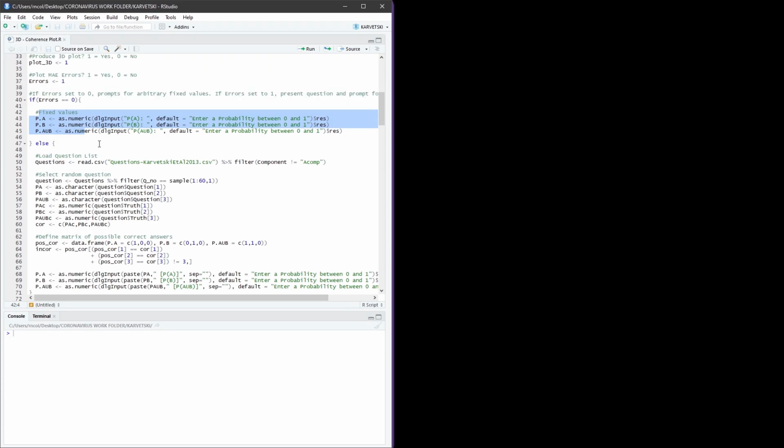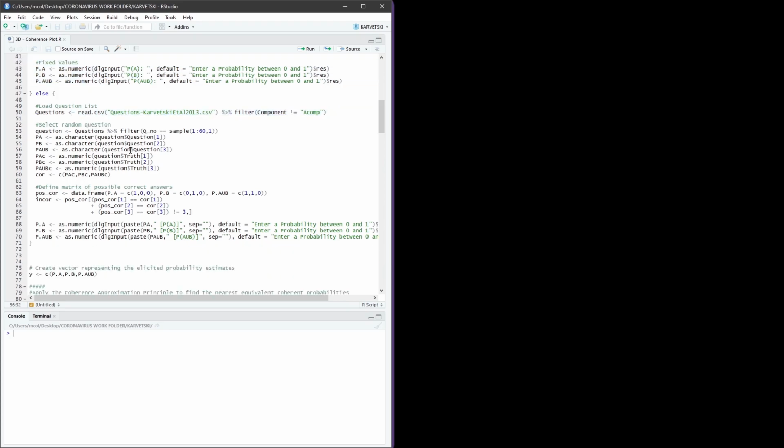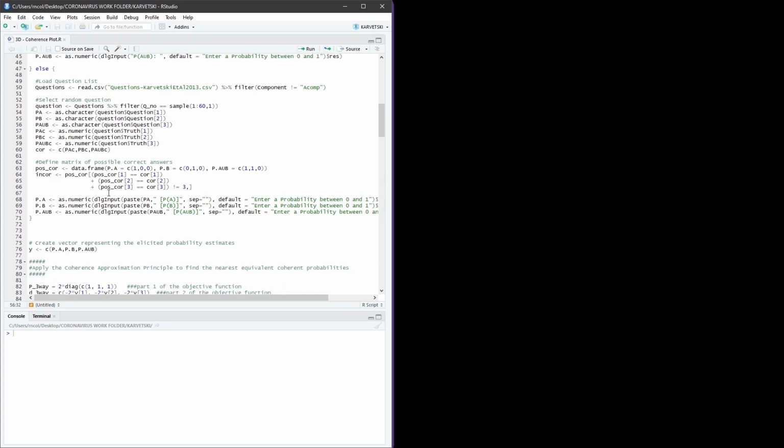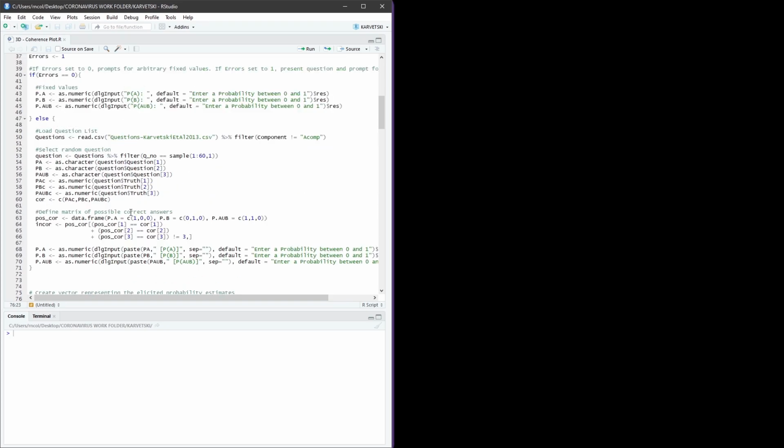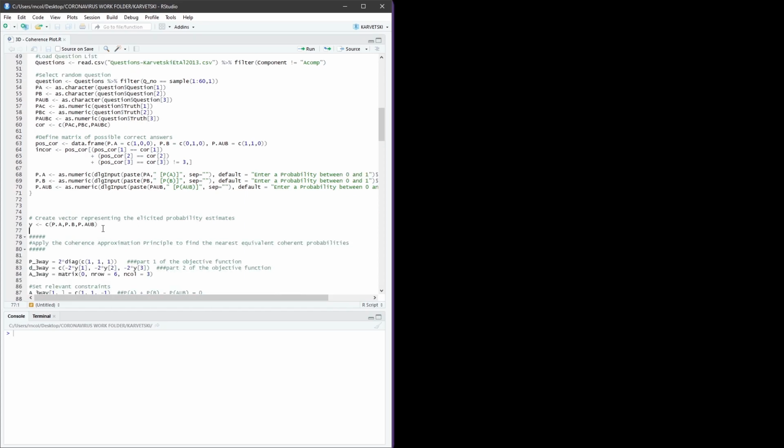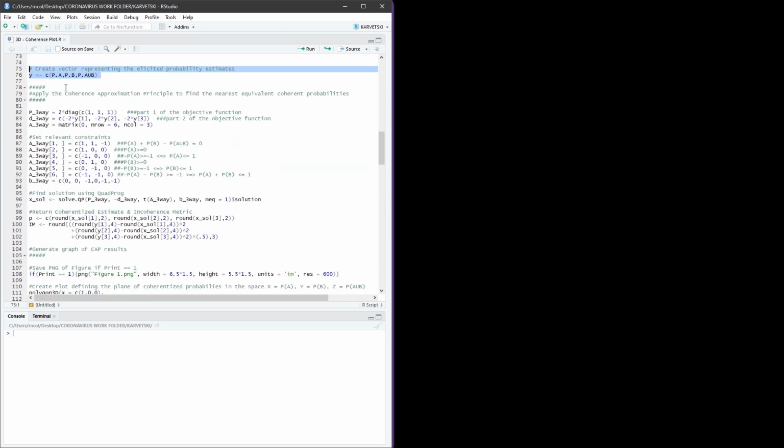But if errors is set to 1, it will actually grab a random question from the Karvetsky dataset and present it to you and ask you to answer those 3 questions. After which it will grab the correct answer for the relevant question, which it will later plot as well. So in any case, regardless of whether you choose to enter arbitrary values or actually answer a question, it'll create a vector of the elicited probabilities, which in the next section, the program then coherentizes. So it takes vector y and produces the nearest coherentized set of probabilities using the quadprog package, which you can